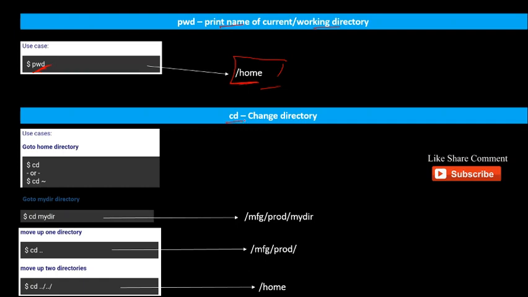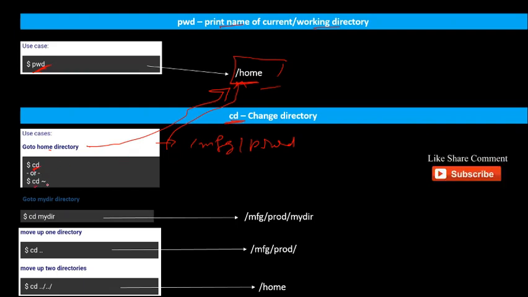Like for change directory, if you want to go into any other directory, you need to use the cd command. Like you first went somewhere in a directory, and if you want to come back to the home directory, you have to use the cd command. If you cd, you will come to the home. Like first you were at mfg and then prod. Okay, so if you want to go to the home directory at once, you need to use the cd command,